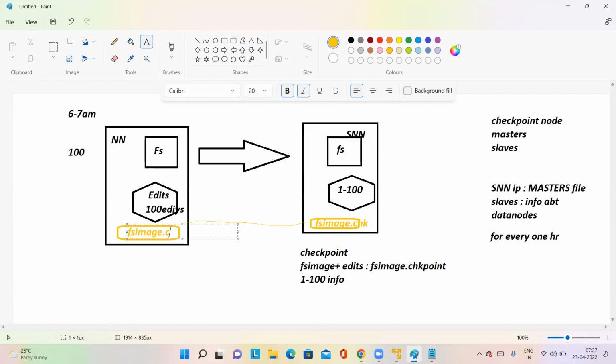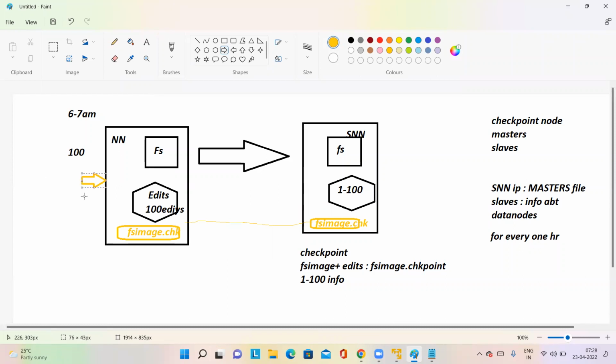Till now, everybody clear? Now here you're not stopping the name node. It is still running, which means it is available to the users, right? So users may do some modifications again at this point, because they are not aware of the secondary name node and this checkpointing process. The outside world doesn't know, right? It is purely internal to the name node and secondary name node. So during this process, the application teams can connect to the name node and do some modifications, because we are not stopping the name node. Say for example, during this time period, whether it is 1 minute, 30 seconds, 2 minutes or 3 minutes during this checkpointing,